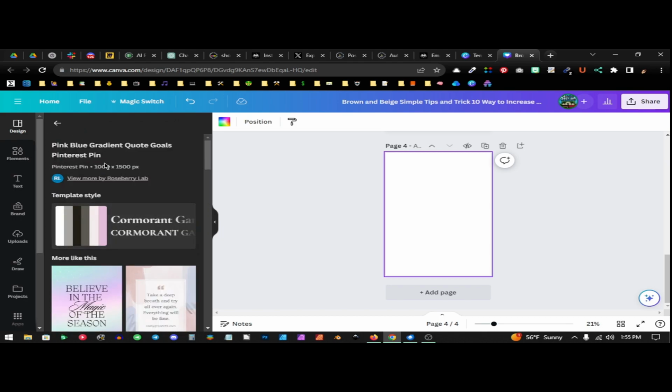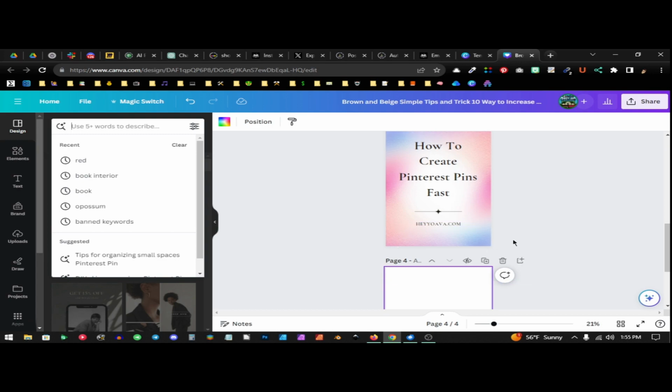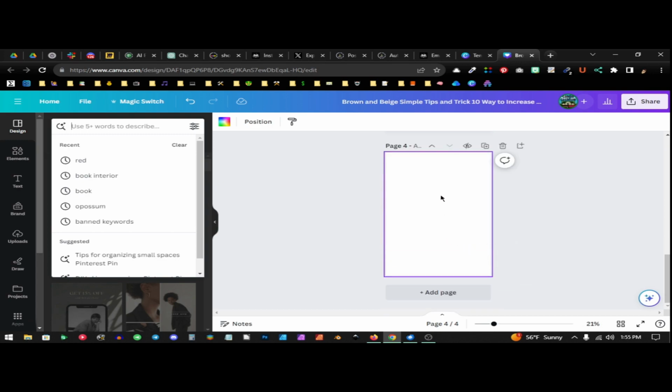On this design tab, you can type anything up here in this description box and it'll show for you. And then you just keep on like that. I'm already on page 4. You'll have 10 pins in no time. You can select custom graphics and whatever you want to go on your pins, and then once you're done,